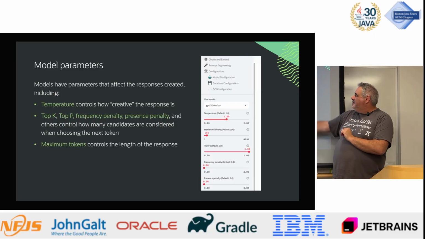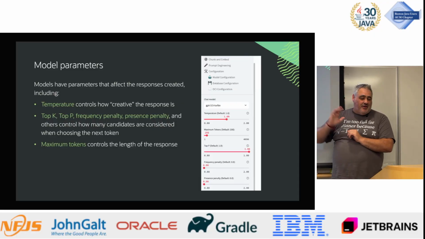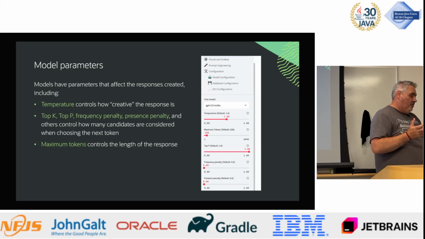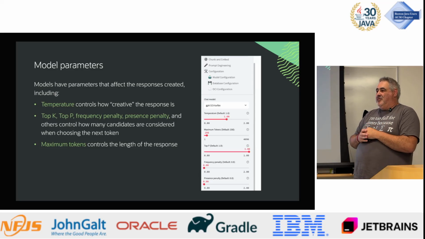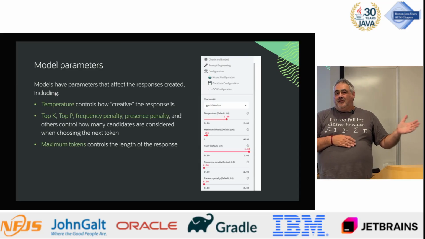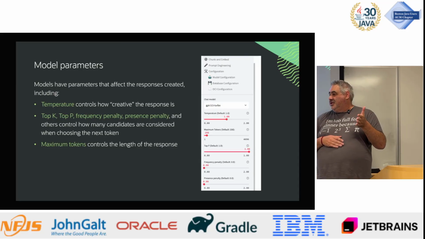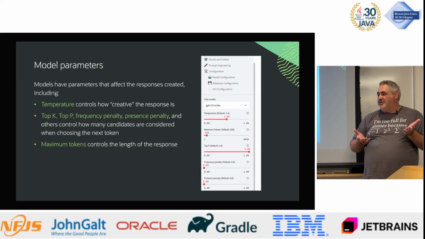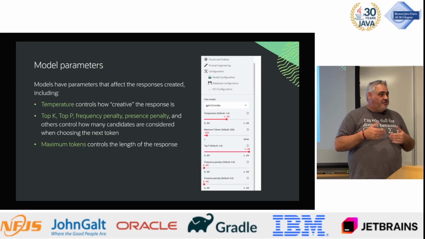And there's a lot of them. Some of the common ones are here. Temperature is one. Temperature controls how creative the model is. 1 is meant to be kind of normal. If you make it closer to 0, then it's going to become more deterministic, more repeatable, right? If you ask it the same question multiple times, you're much more likely to get the same or a very similar answer if the temperature is very low.